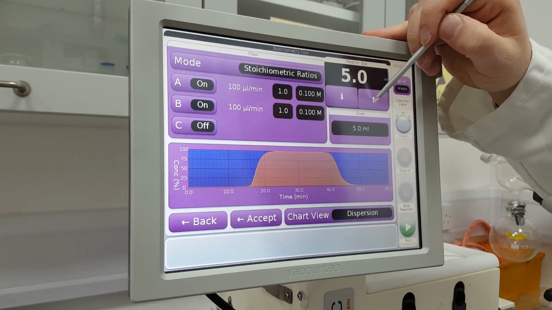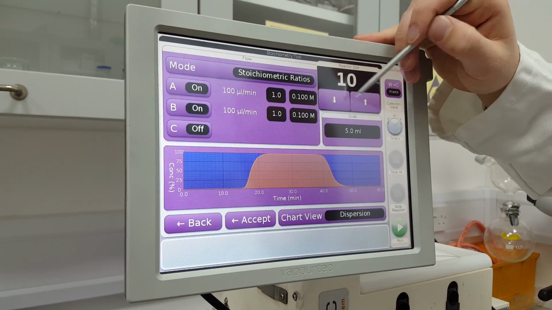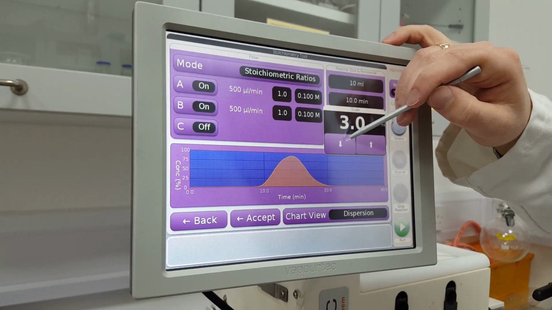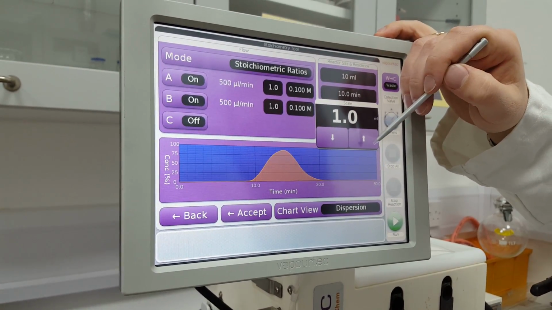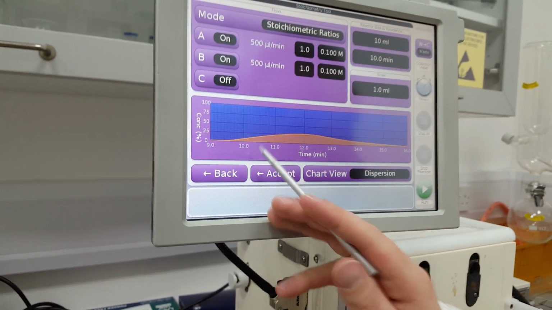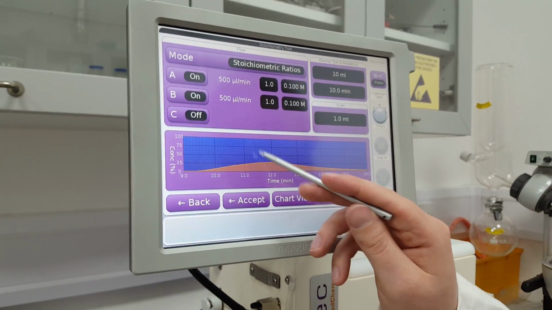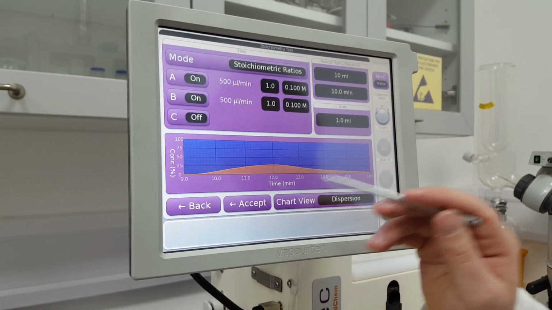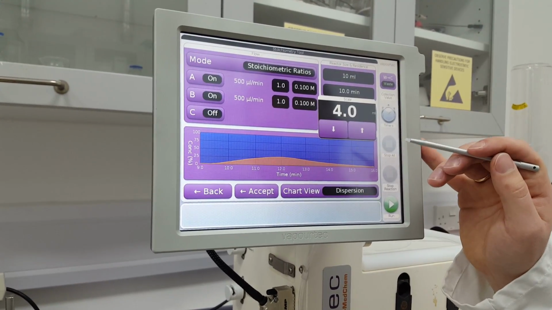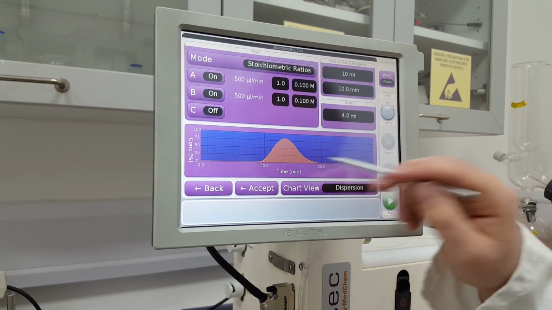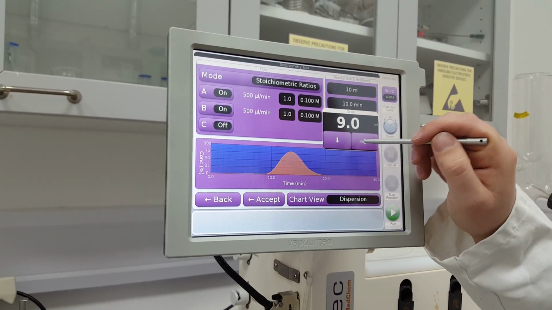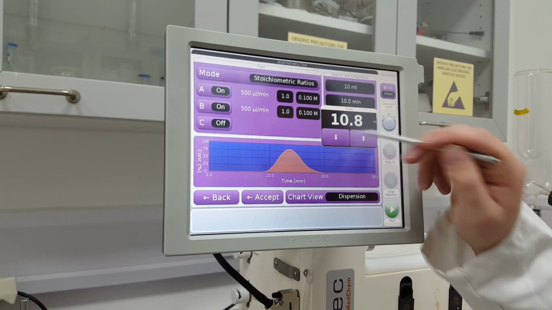So if I set the reactor size to 10 milliliters, and if I put the scale back down to 1, here you can see that there's really very poor dispersion in the model. You're never getting anywhere near 100% of the concentration at steady state that you want. But if we go up to say 4 milliliters, starting to look a little bit better, but it's still not great. If we go up to 10 milliliters ish,